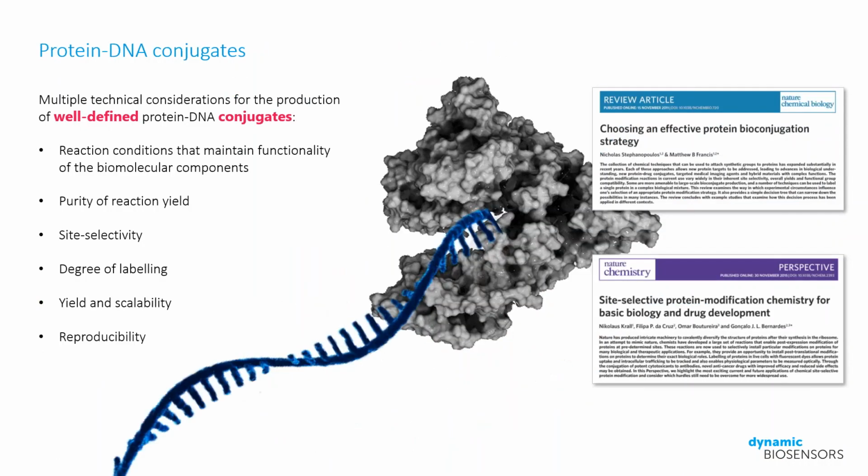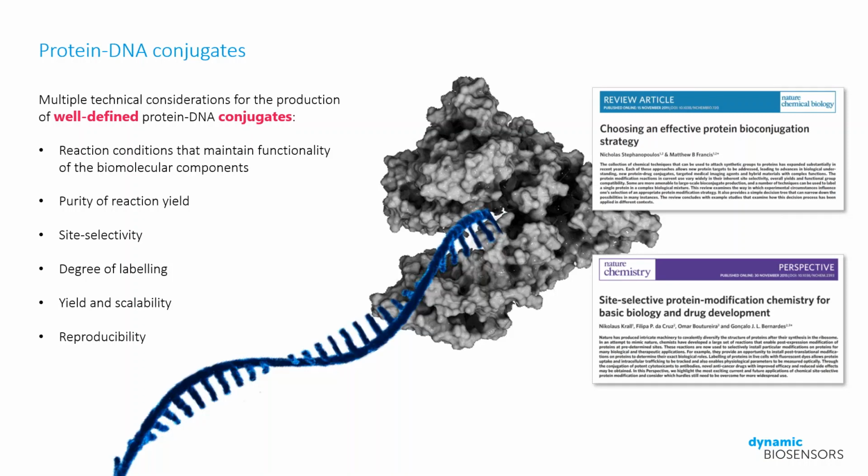For the production of well-defined protein DNA conjugates, we will list some of the main technical considerations to their successful usage. First and foremost is the usage of reaction conditions that maintain functionality of all biomolecular components. Second includes the purity of the reaction yield, as well as the site selectivity, also to maintain functionality as the first point lists. Degree of labeling, yield, scalability, and reproducibility are also all critical parameters for the successful production of